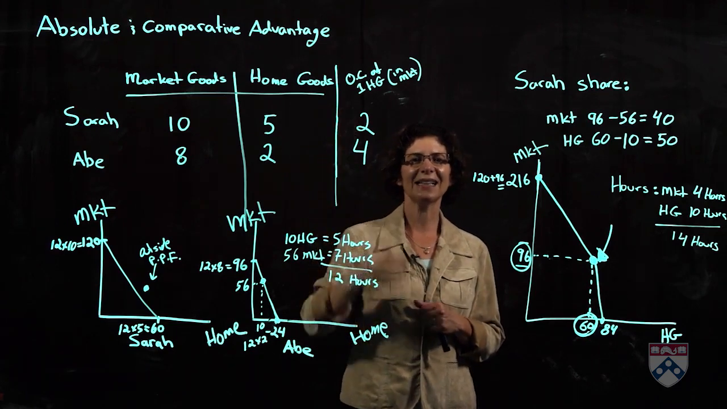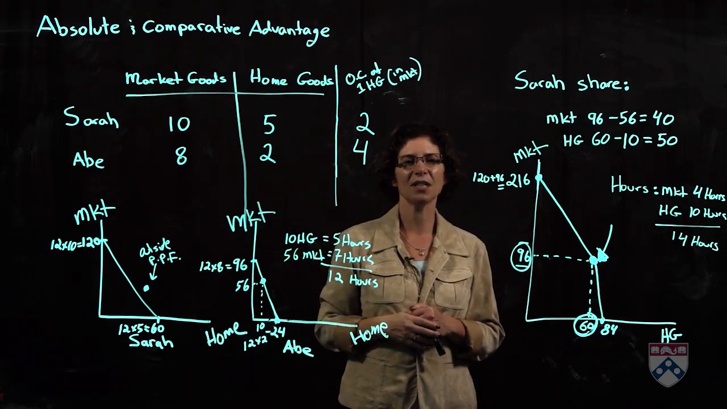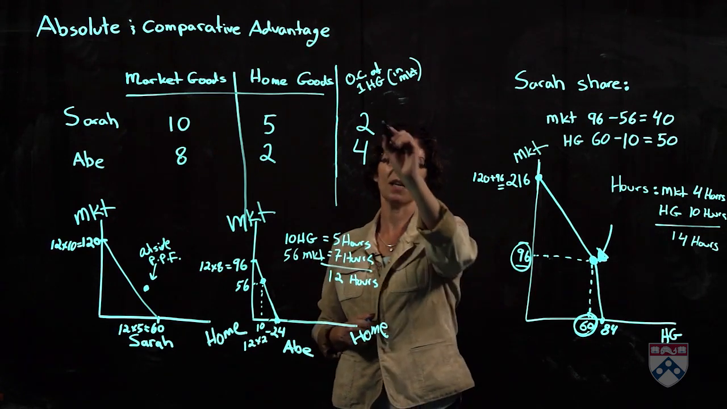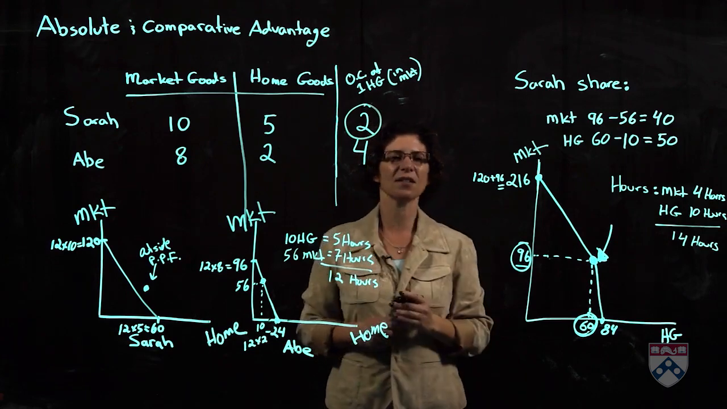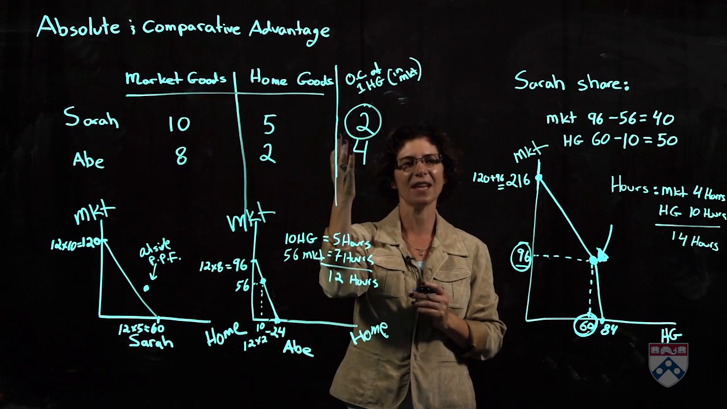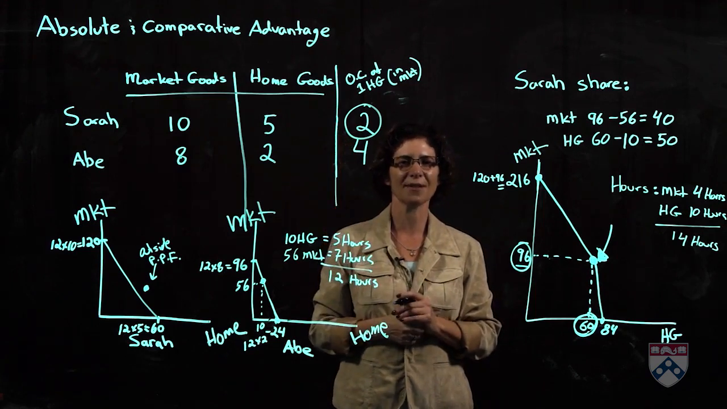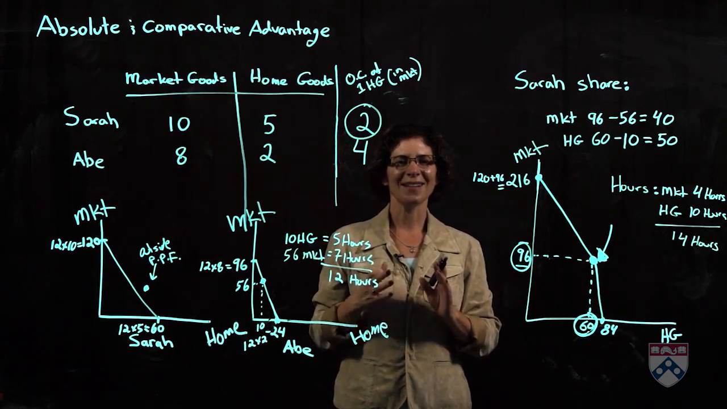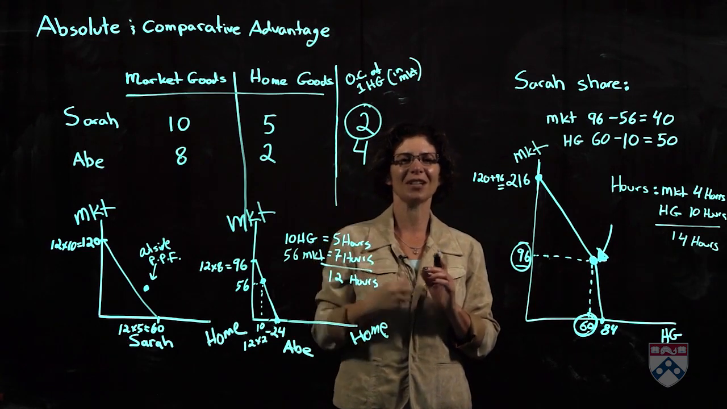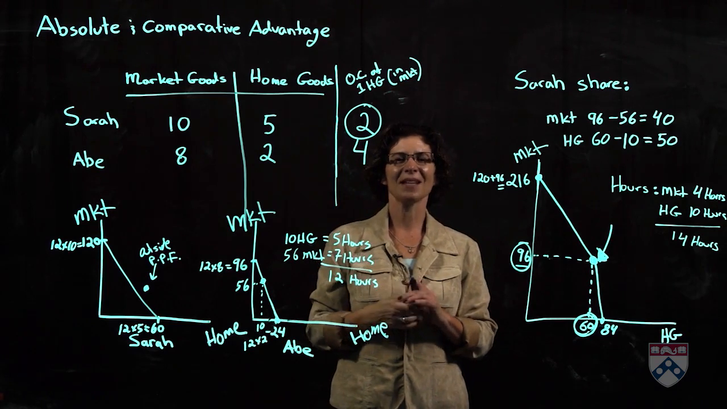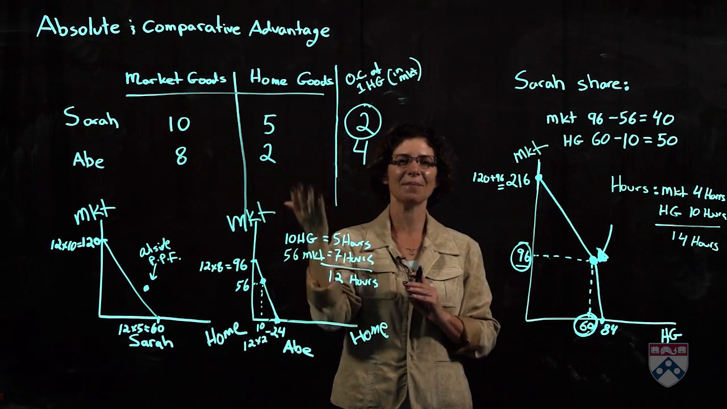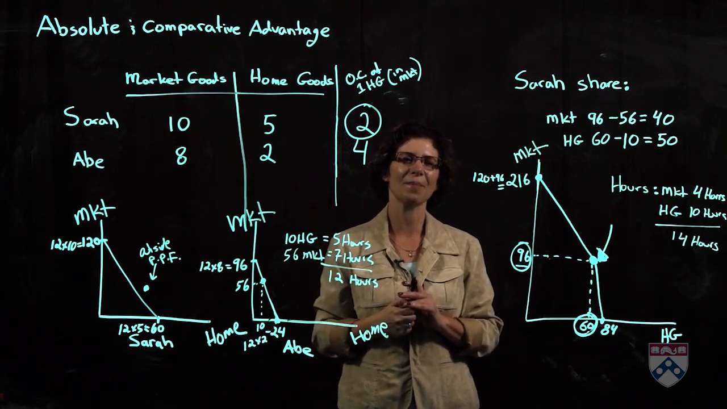And we can see clearly that they have varying opportunity costs for producing home goods. Sarah is the one with a lower opportunity cost of home goods, which means that Sarah has the comparative advantage of producing home goods. Now, the opportunity cost of the other good is just the reciprocal of home goods. So if Sarah has a comparative advantage in home goods, it must be the case that Abe has the comparative